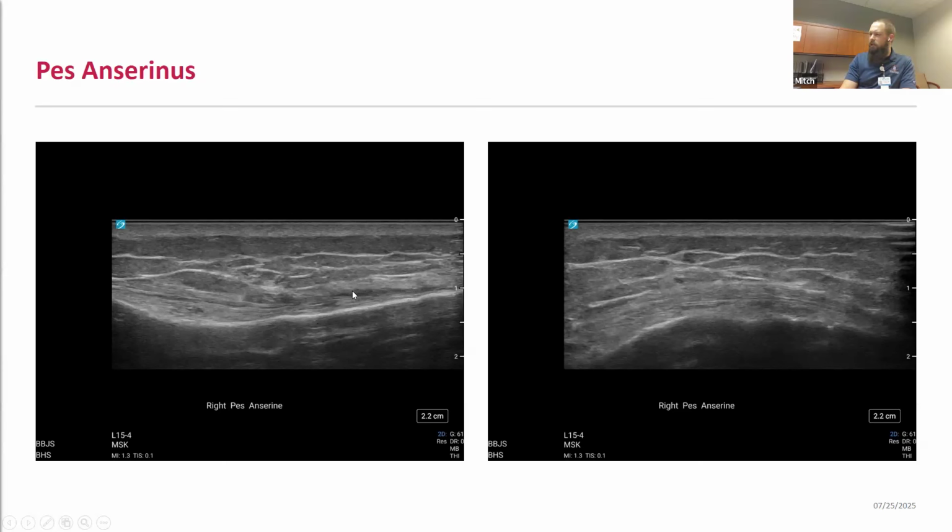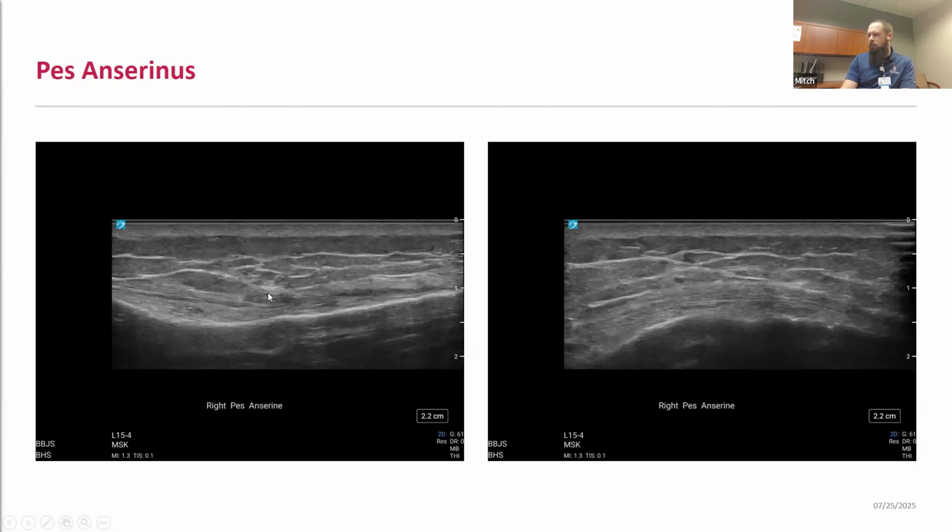You can also look at the tendons in long axis with a sagittal oblique view. And so on this view here, this is the medial aspect of the knee, and this is more lateral, where we can see the course of these tendons with that normal fibular pattern and then inserting on the tibia. And so if you go into that sagittal oblique view, then you can identify and pick up those individual tendons.